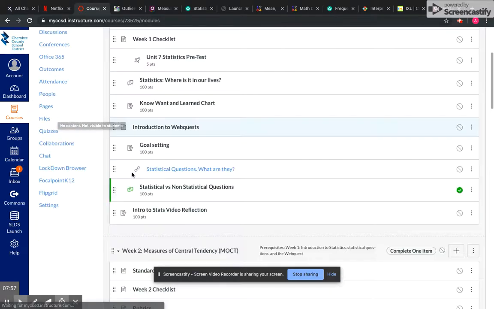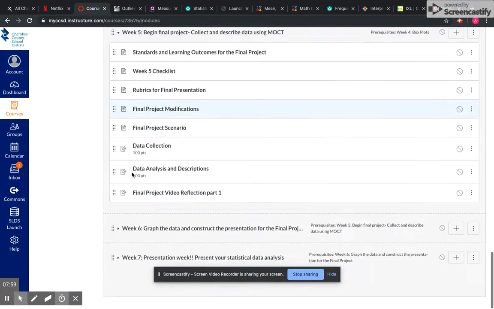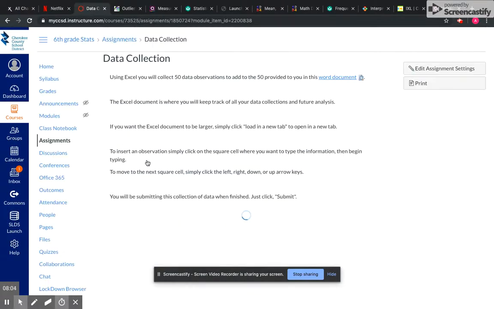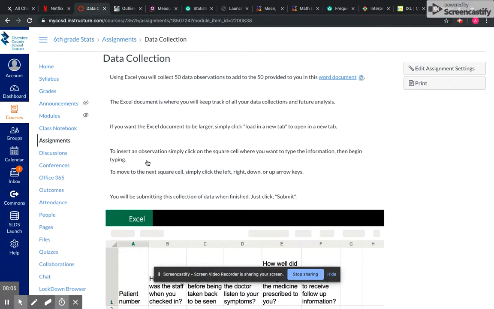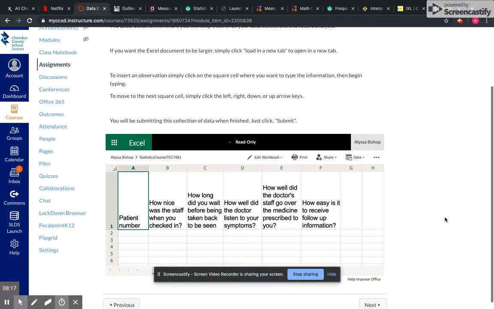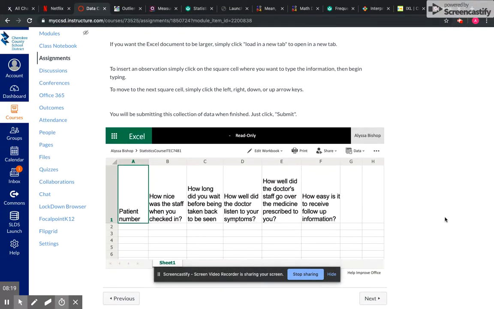Something else that I really think is cool is that the students are going to be able to get some practice using Excel, and it's through this feature of Canvas that's, again, unique to Canvas, called Office 365 Cloud Assignments. And basically what that lets me do is I can take any assignment in my OneDrive and embed it into the assignment page, so that the students don't have to go anywhere. They don't have to access anything else. Everything they need is right here on this page. They can edit the document in this page, and then they can submit the document as is on this page,